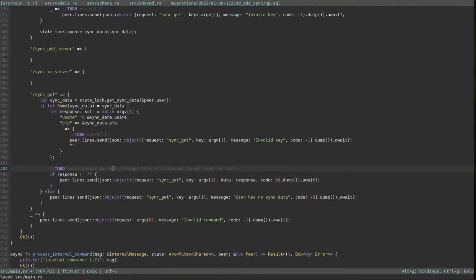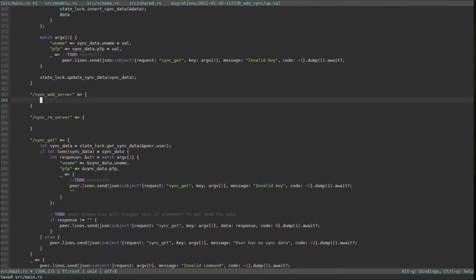So, basically what I want to do is, in here, it's quite difficult to represent an entire server in the sort of command argument format that it is right now. So what I'm going to do is just send it over in JSON form, but as an argument. So the command will be, you know what, config